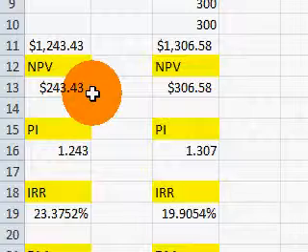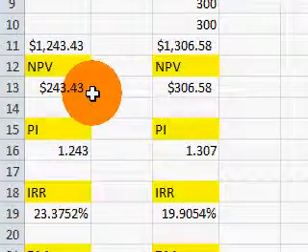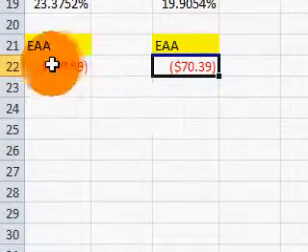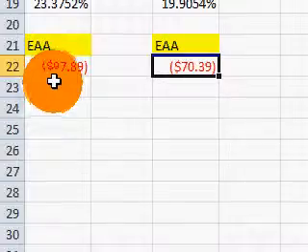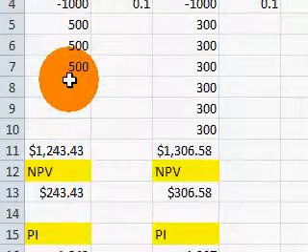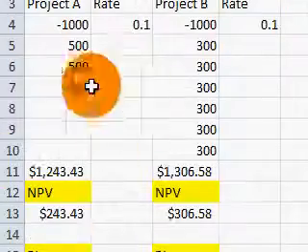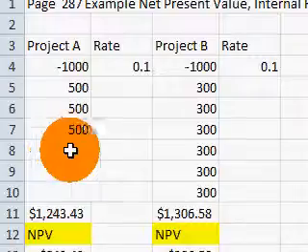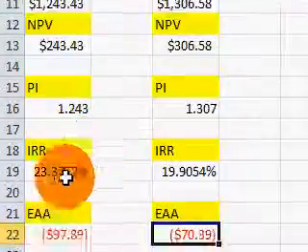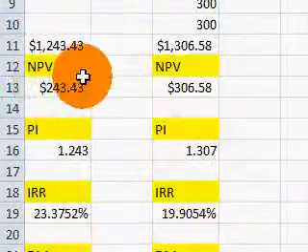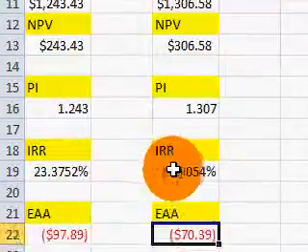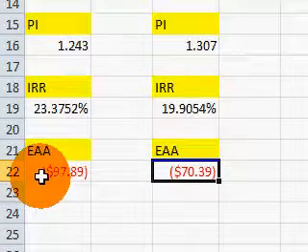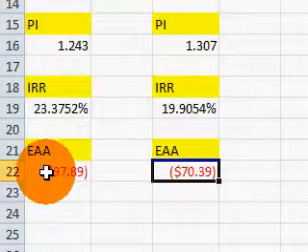So if we had to make a choice between the two, would I rather have $97.89 a year or $70.39 a year? Bottom line, I'd rather have the equivalent of $97.89 a year. So the idea would be we'd convert this and repeat project A after 3 years. So that is our examples with net present value, profitability index, internal rate of return, and equivalent annual annuity. Again, we'll revisit this equivalent annual annuity when we look at it from an equivalent annual cost,